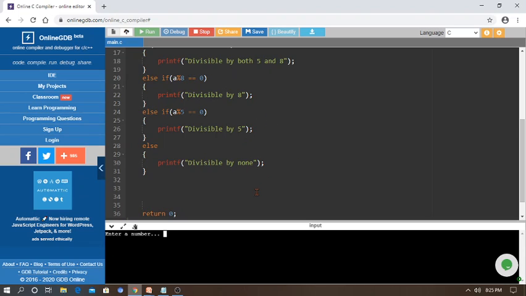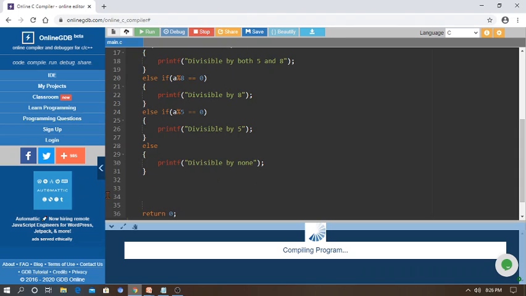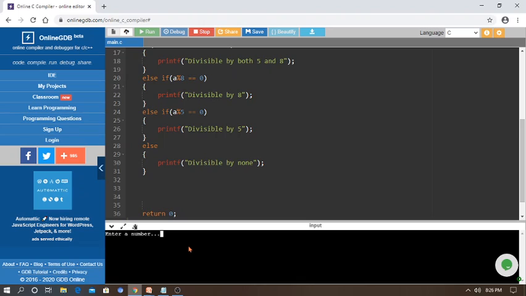Now I am going to give the A value as 48. So 48 means it can be divided by only 8, so it prints divisible by 8. Here this condition is true, so it will stop the program. Similarly, one more output where the number is divided by only 5, just giving 20. If you give the value 20, whenever divided by 5 it will give 0. You can't divide by 8, because of the condition given, so it executed successfully.